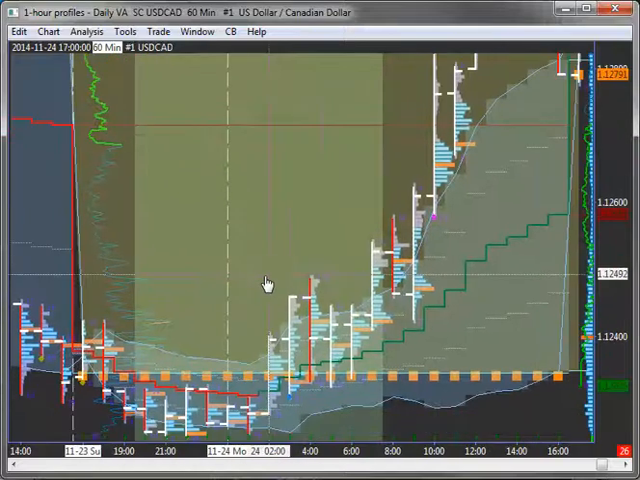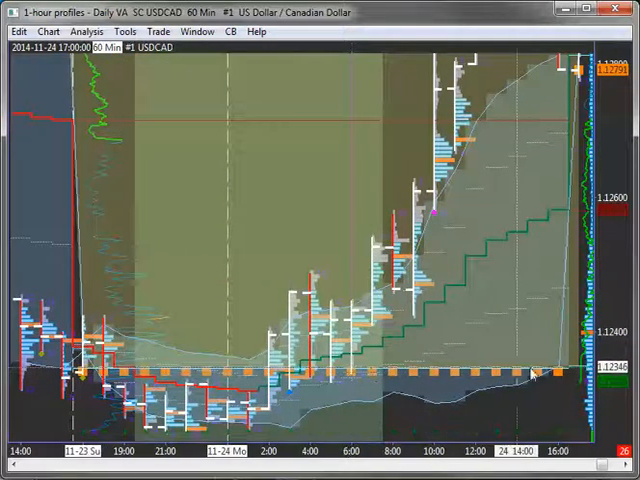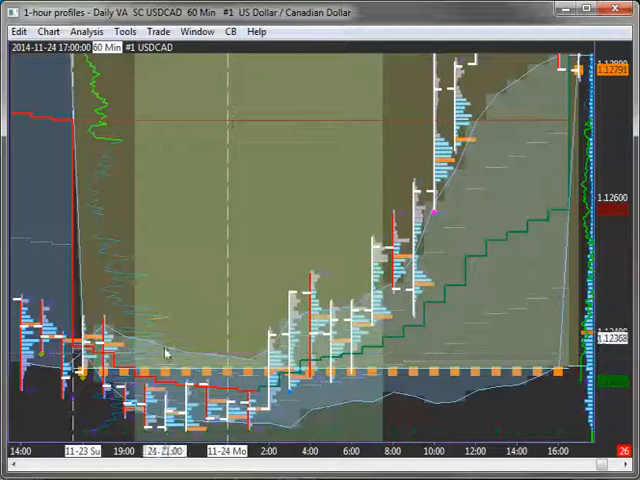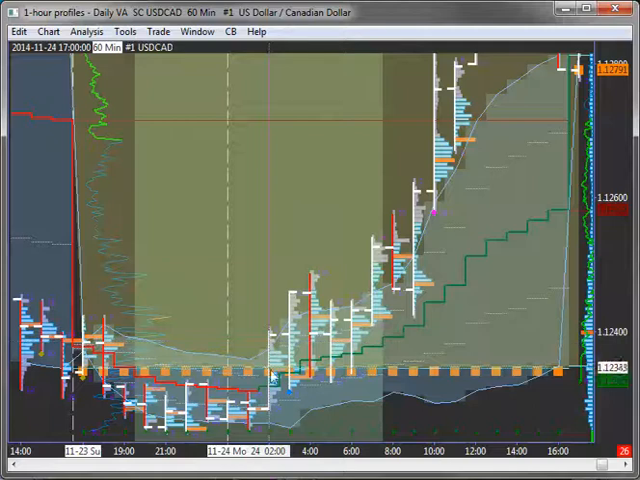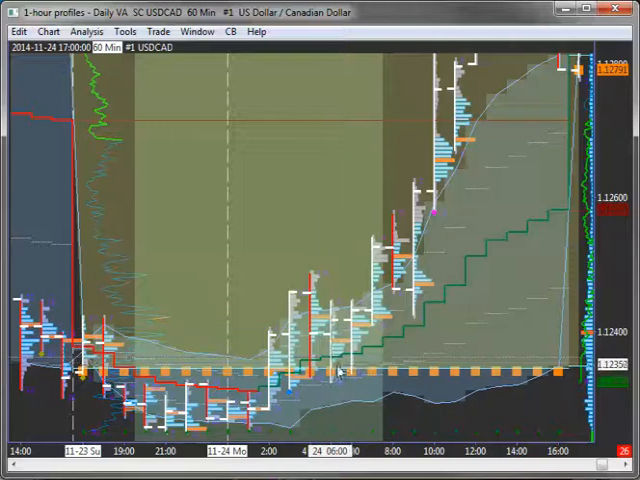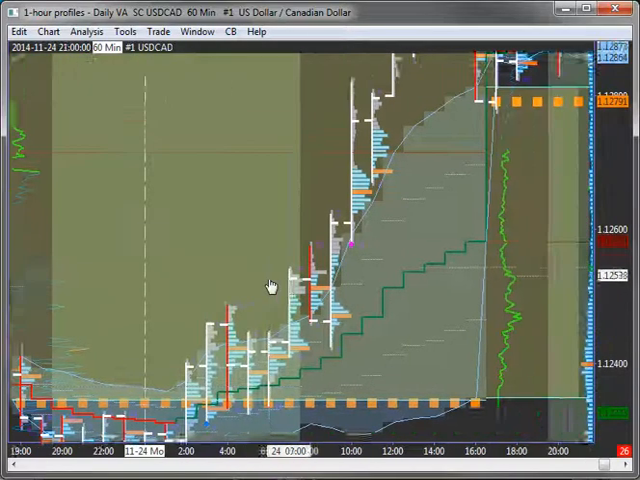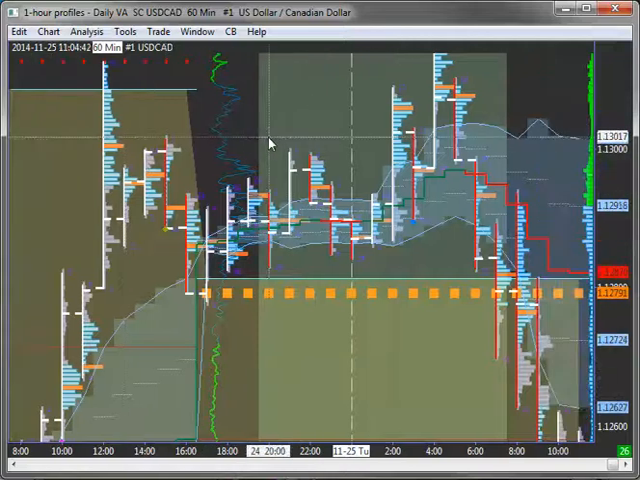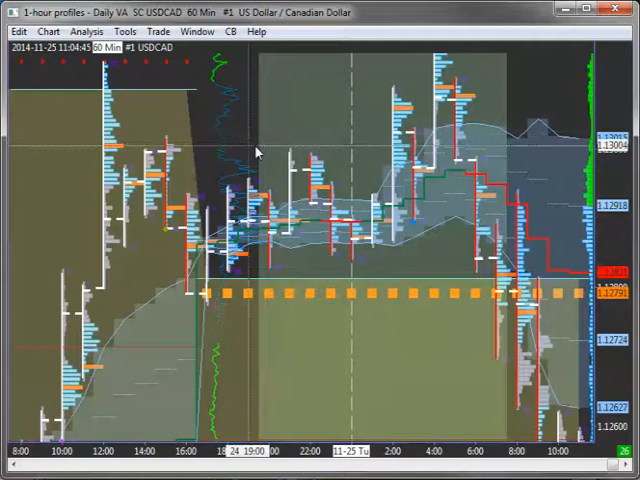One other thing too is the orange boxes here is the open for the day, and you can see that price went above the open and then started to build value above it and close above it. You could see at 4, 5, and 6 o'clock, it tests the open, and from there it takes off, and we have a sharp move to the upside. So now for today,